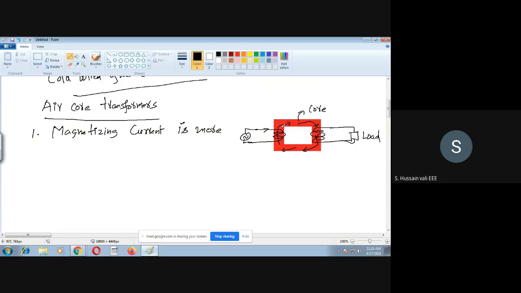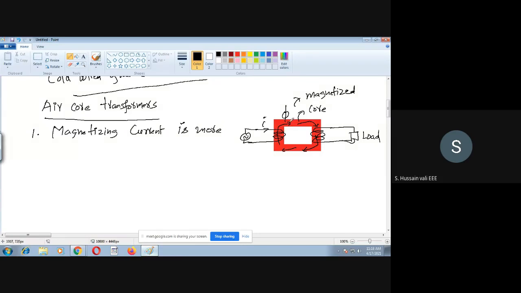When it travels through the magnetic core, last class I have shown you that inside this magnetic core there are magnetic domains, and the magnetic domains are in different random directions. Because of this flux all the moments will come into one direction. You can call that process the magnetization process. So during this process you require some current, and that current will produce a flux in the magnetic core, and because of that flux the core becomes magnetized.